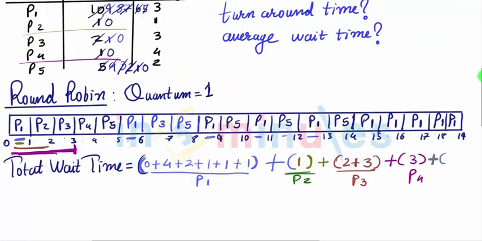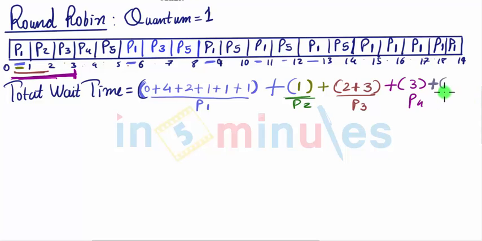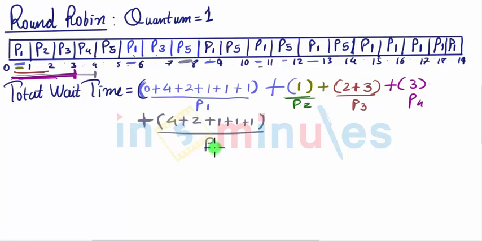Further, for P5, let's talk about it. P5 practically lasted multiple cycles rather. So again we need to calculate. Plus for P5, let's go with it, how things are going to be worked. P5 initially waited till 4 burst cycles, so 4 plus, then 1, 2 burst cycles plus 1, then again plus 1, then again plus 1, and then there was no waiting. So P5 had this.